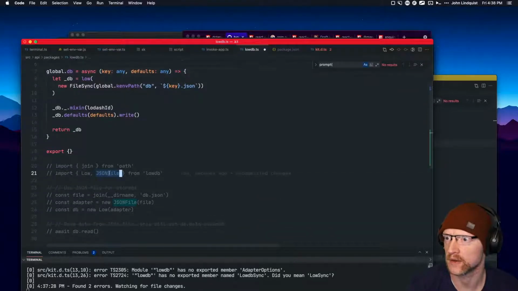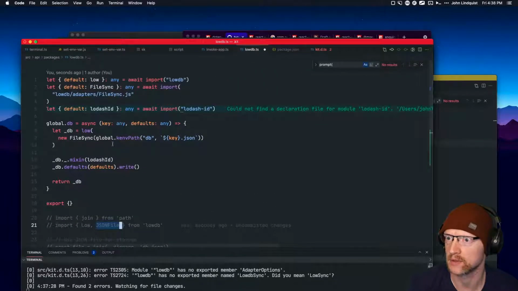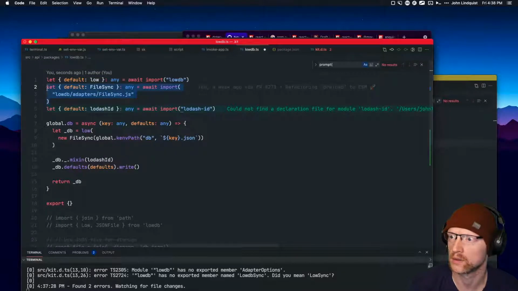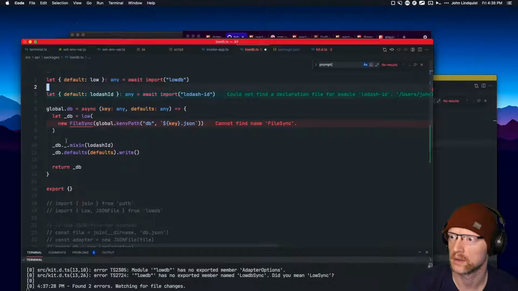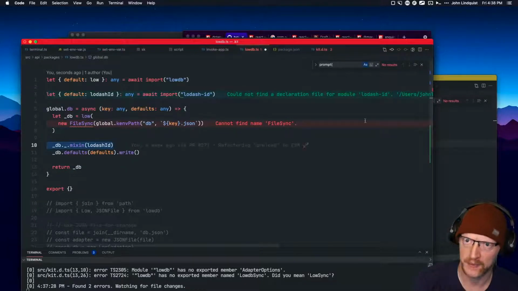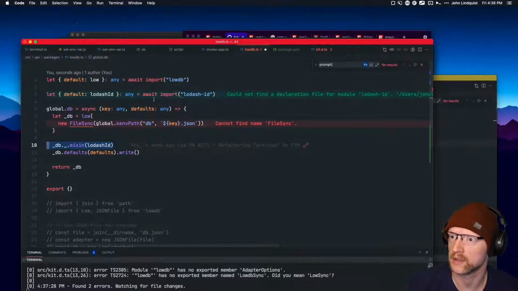And JSON file is the name of the adapter. So I don't need this anymore. I don't think this mixin thing exists anymore. I'll need to check on that, but for right now,